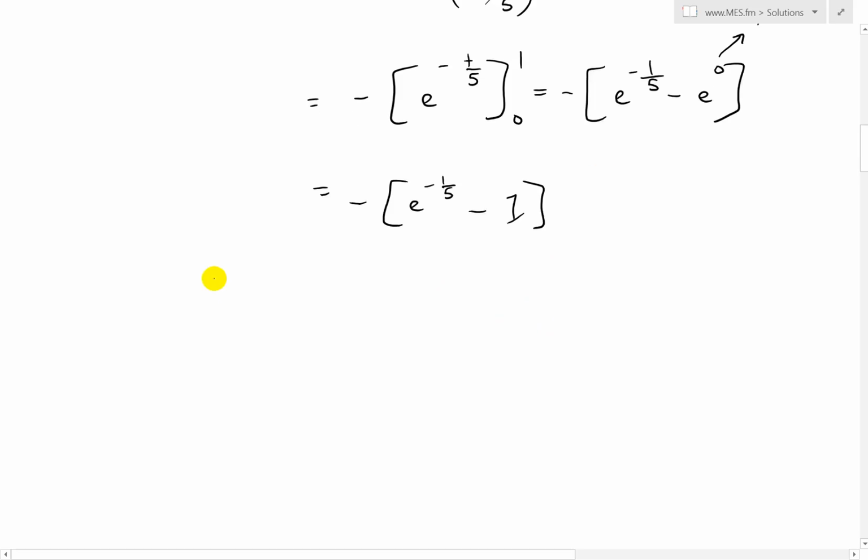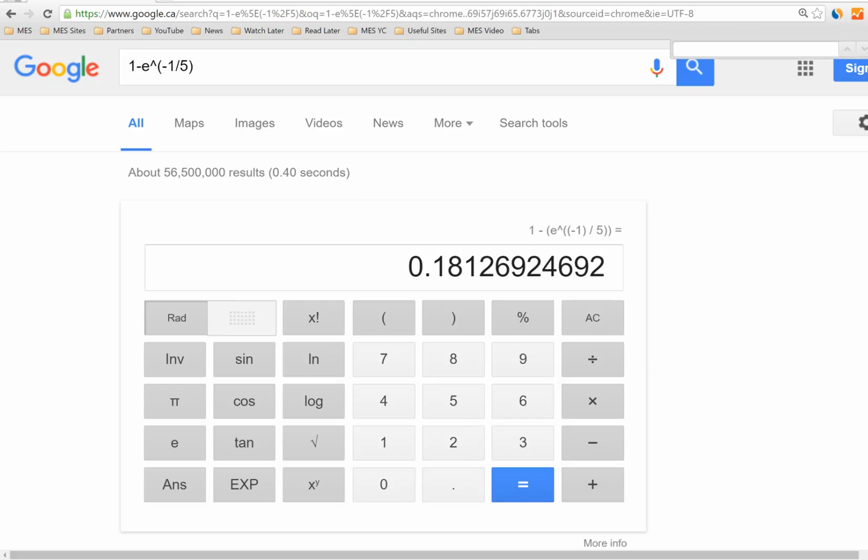Or you could write this out completely. So the probability that you have from 0 to 1 is equal to, I'll just put the negative inside. So this becomes positive 1, and this becomes negative: 1 minus e to the power of negative 1/5. And now when you plug this into the calculator, the Google calculator, so 1 minus e to the power of negative 1/5, we get